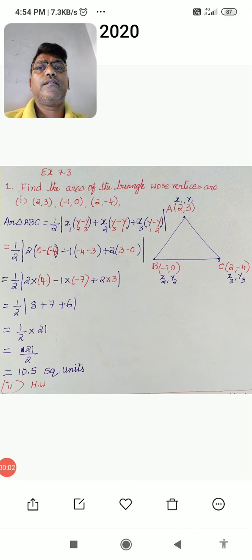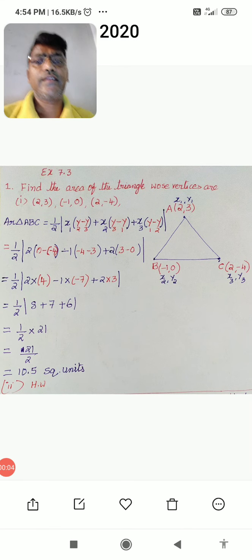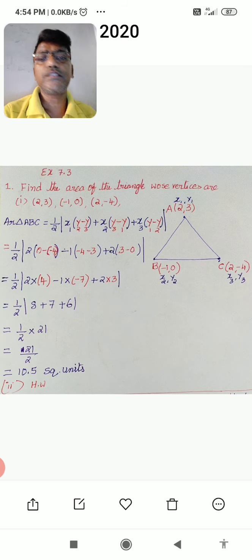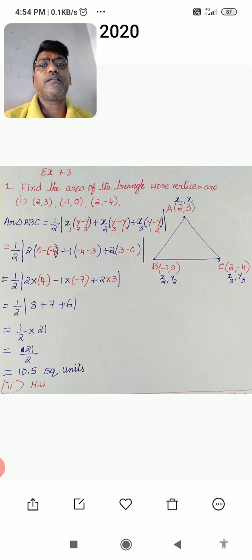See, now we are going to start the 7.3 exercise. This is a special exercise. From this exercise, a 4 marks question will come in the board exam. Find the area of a triangle. On the basis of this formula, one question will come as 4 marks. Clear to you? I will try to explain how to find the area of a given triangle without using